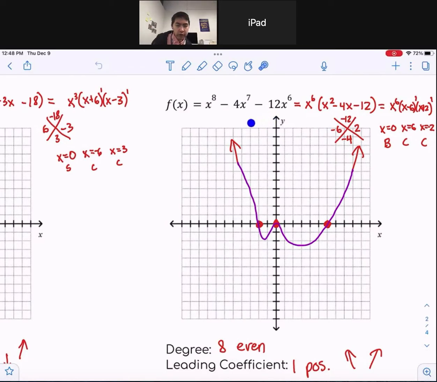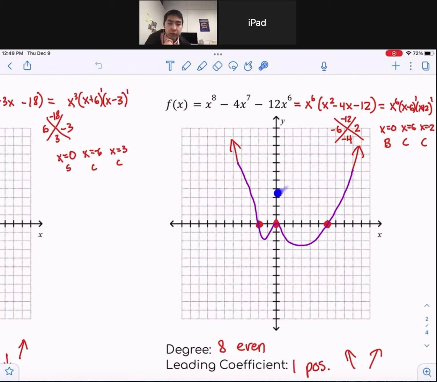You can factor out x to the 6th power to get x squared minus 4x minus 12. Factor using x method, -6 and 2, so then we get x minus 6 and x plus 2. Both of these have degree as 1, so crosses. This has degree of 6, which is an even degree, which is a bounce. X equals 0, this one x equals 6, and this one x equals